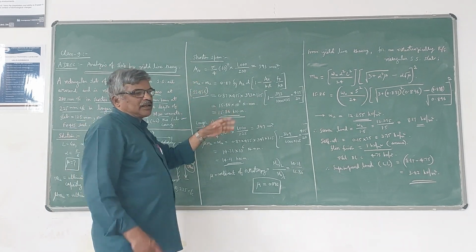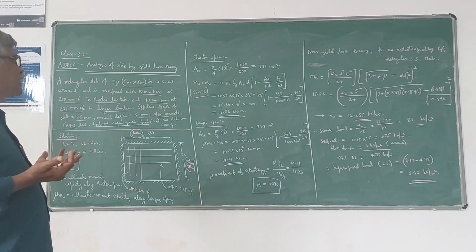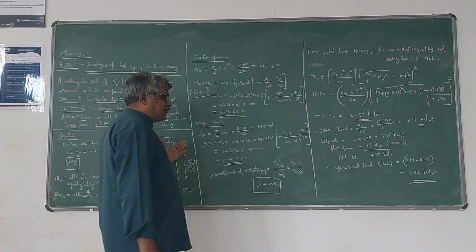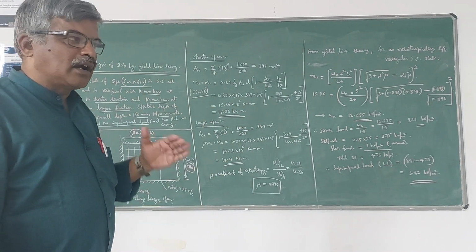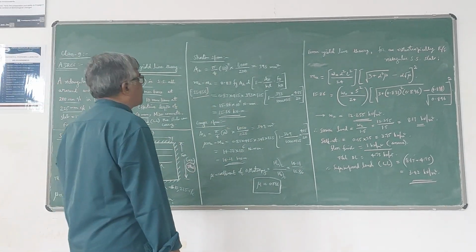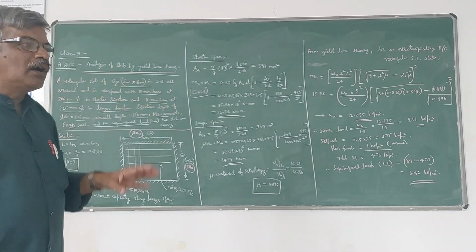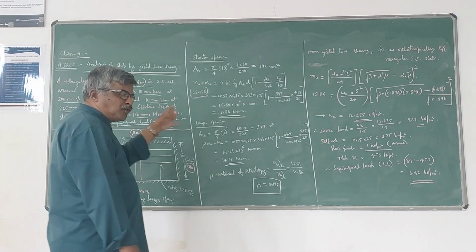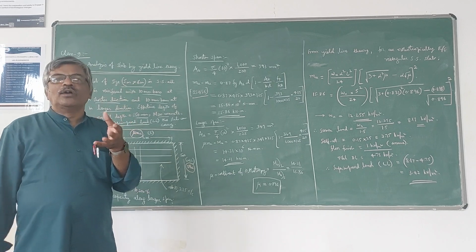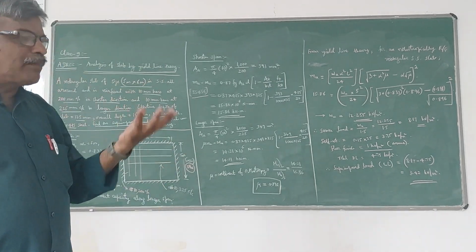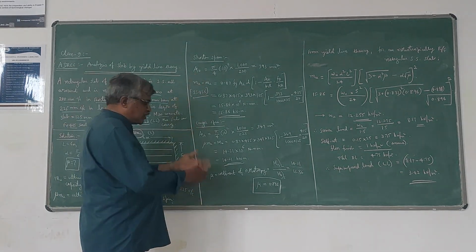Now let us consider them separately. Shorter span you have to take separately, longer span separately, and you have to calculate the moment carrying capacity along both the directions separately. That is by using the formula in IS 456, because you already know the reinforcement details. By knowing the reinforcement, that is the Ast value, you know what moment the slab can carry in both the directions, which we have to find out. Now let me take the shorter span first.